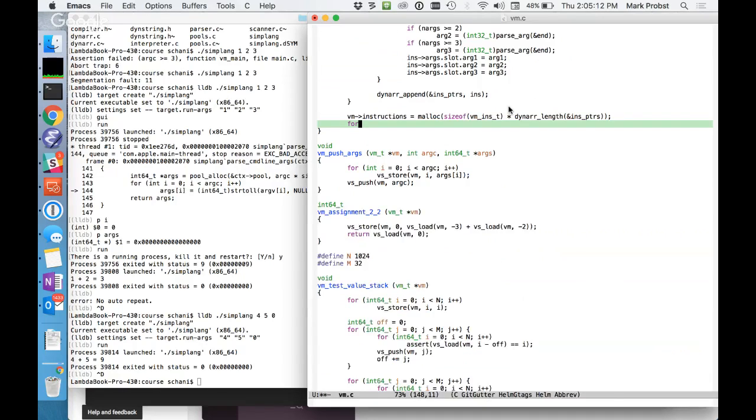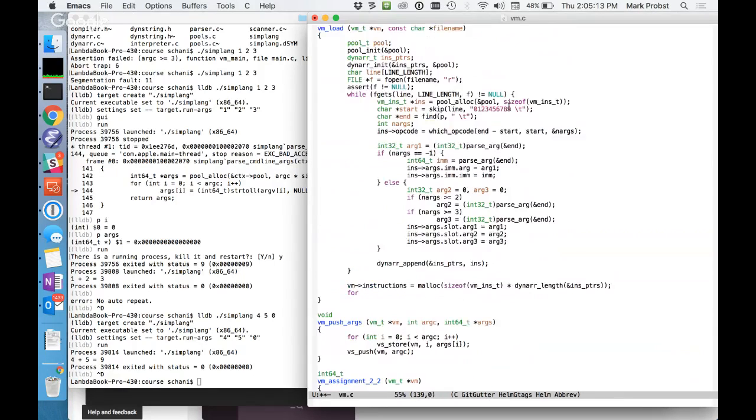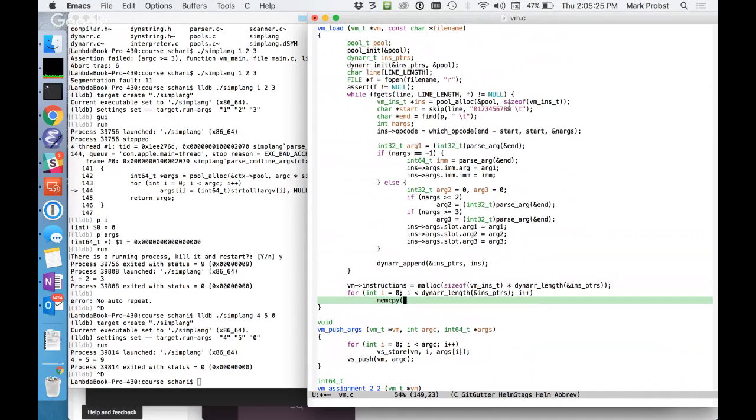For int i equals 0, as long as i is less than the length of int pointers, i++. Mem copy VM instructions of i